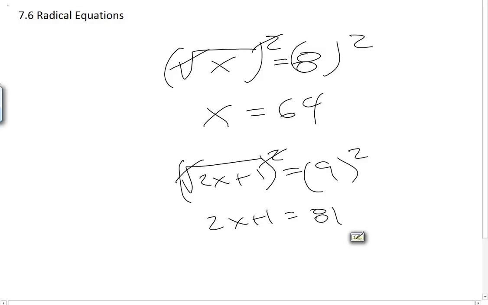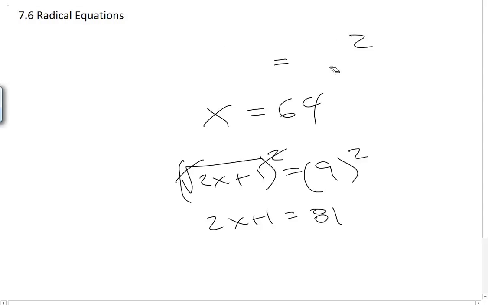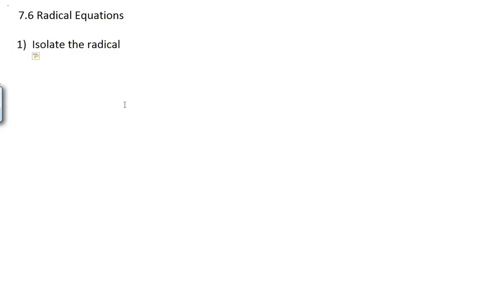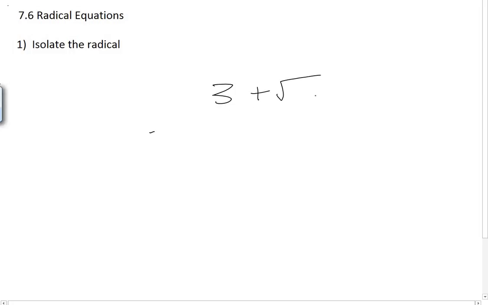All right, so let me list out the steps for you guys. The idea is that you want to get the radical completely isolated, completely alone. If you don't have the radical completely alone, like if I have, say, 3 plus the square root of x equal to 5, then squaring both sides is no good, because when